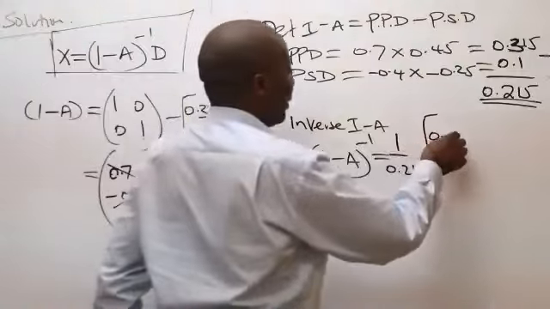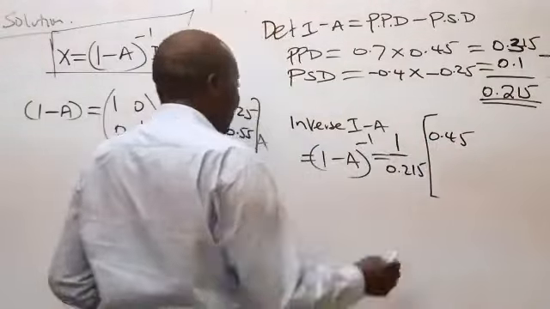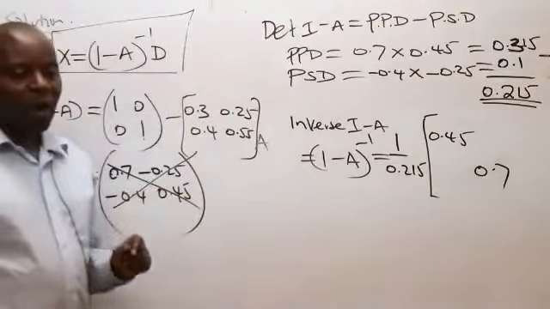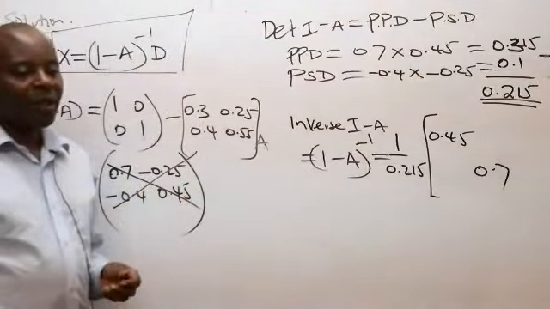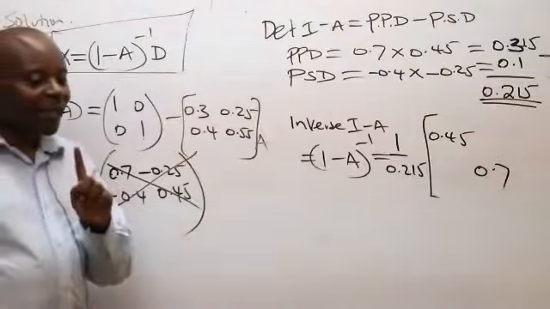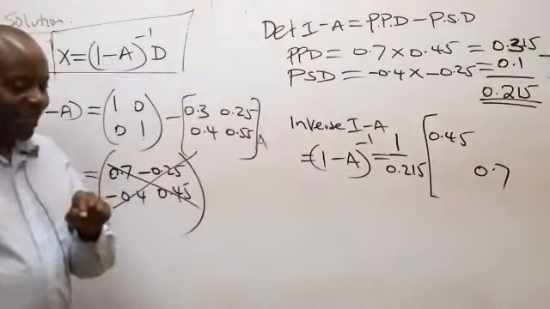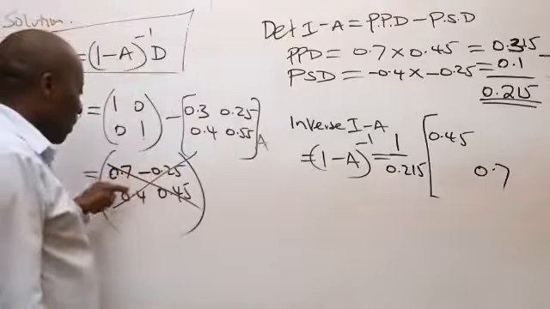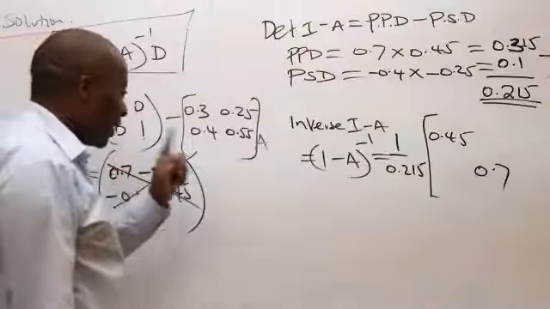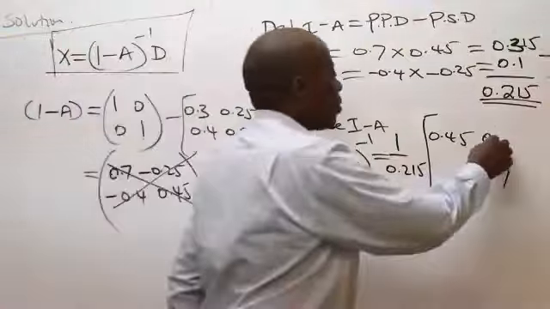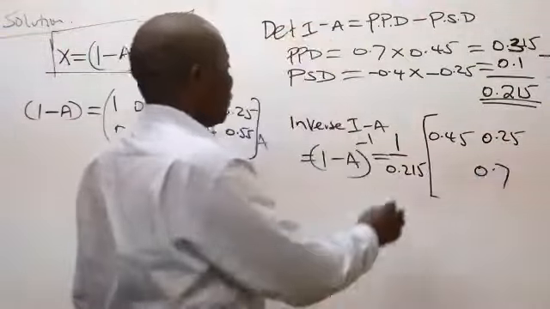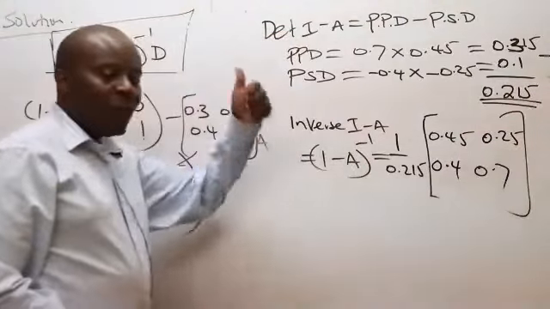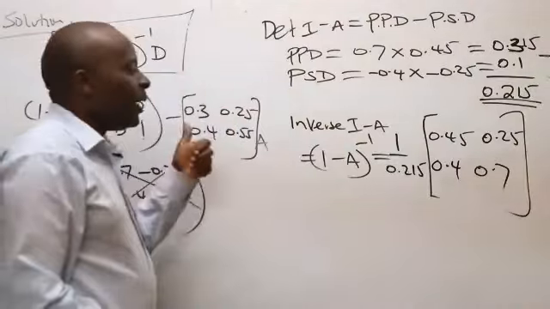Swap the respective positions. So 0.45 goes up there, 0.7 goes up there. How about secondary elements? We change their signs. We retain their positions, but we change their signs. This was negative, so we have here 0.25, and here we have 0.4. So now we've been able to get